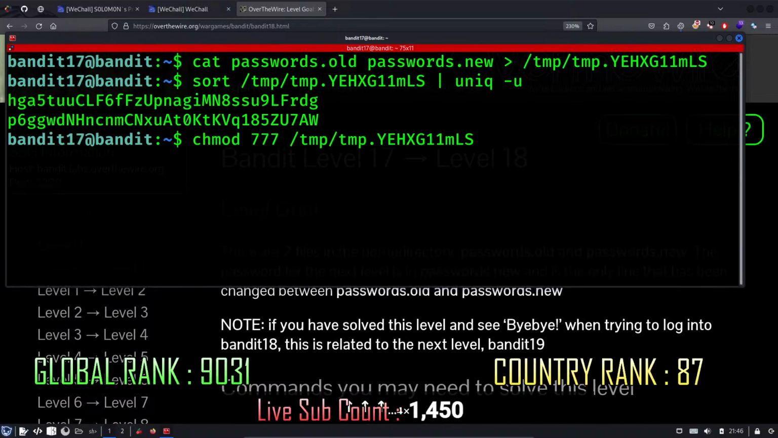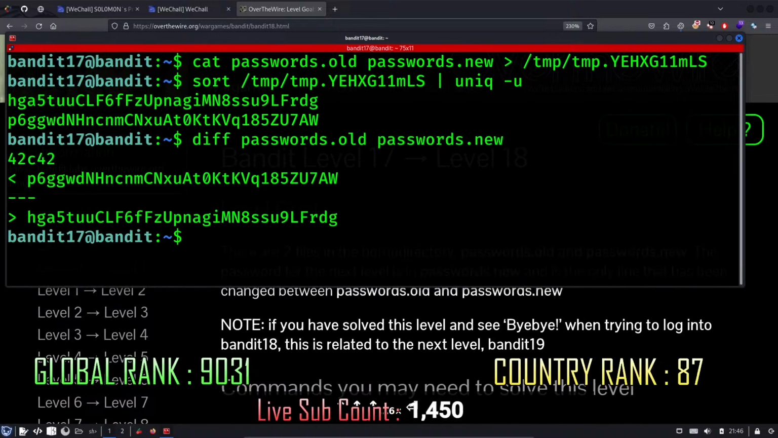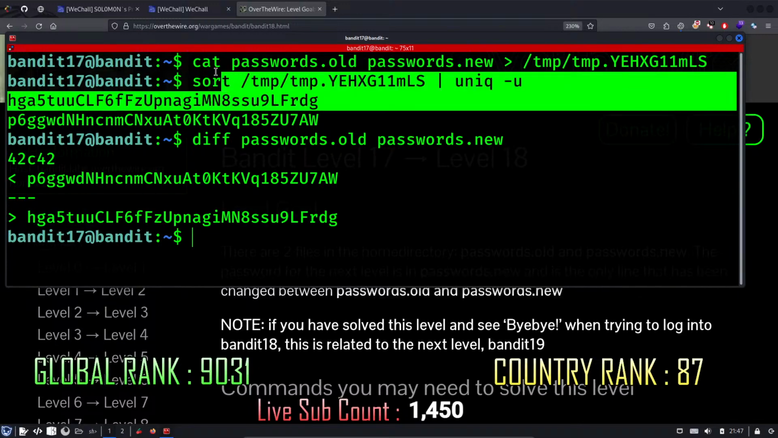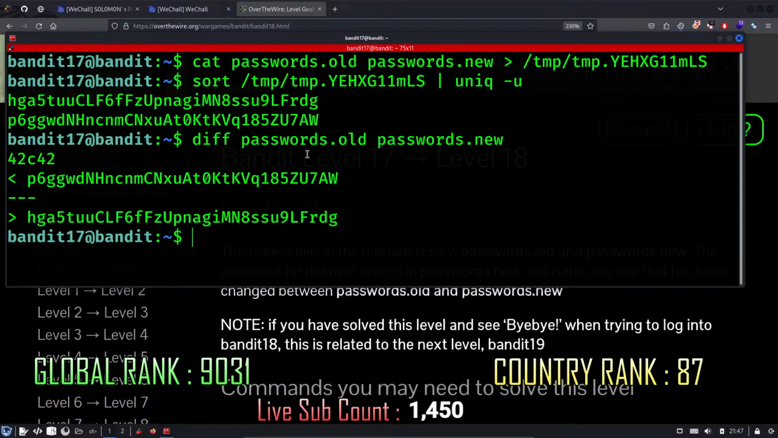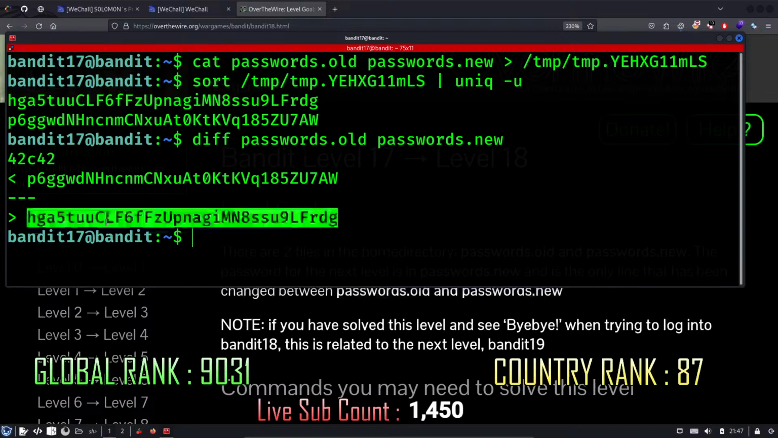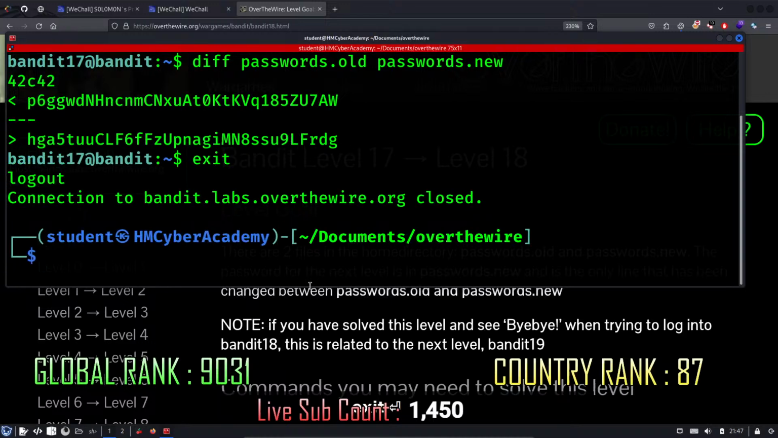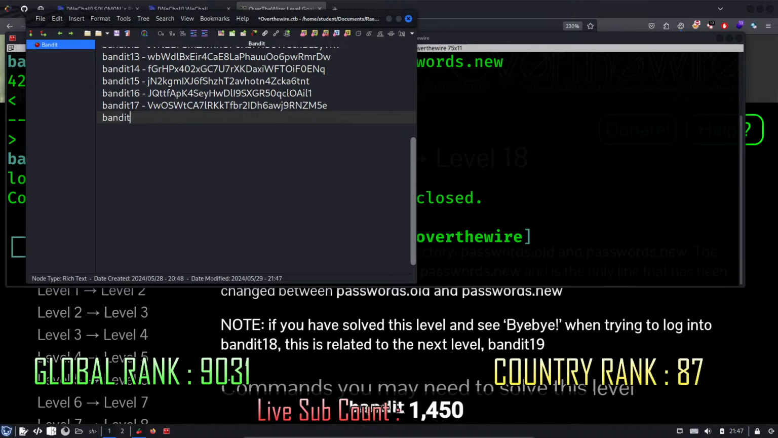So let me see the differences. Okay, so as you can see, based on the order, this comes first, but actually the password is this one, right? Password from the new file. So it's a bit complicating things, but that's another solution. So you can try both and figure out which one actually exists. So let's exit out of this and let's see if this is the bandit 18,